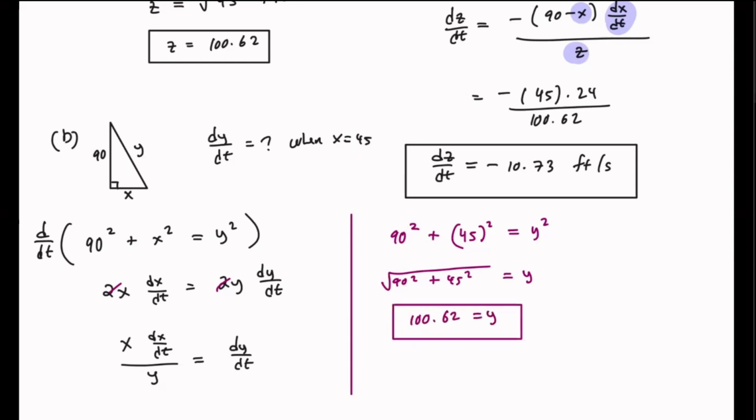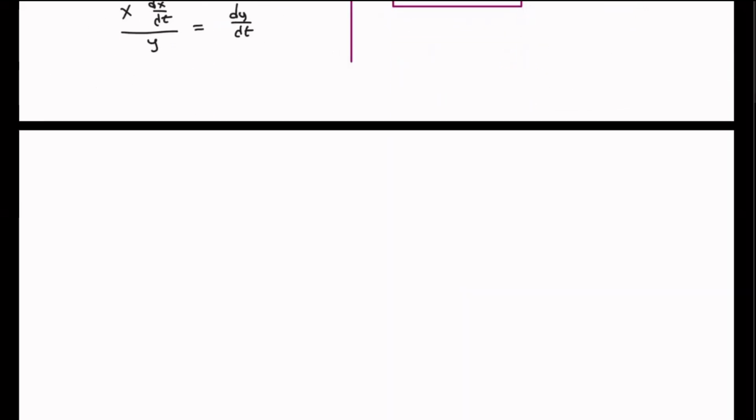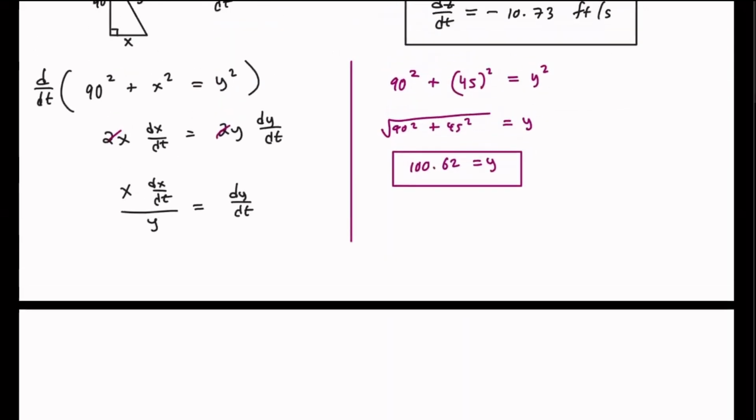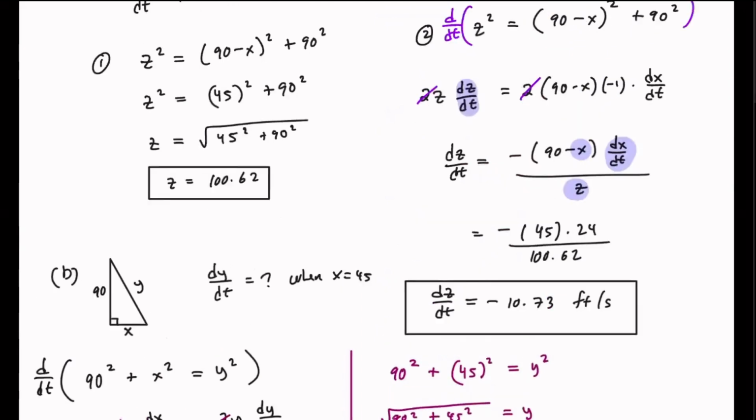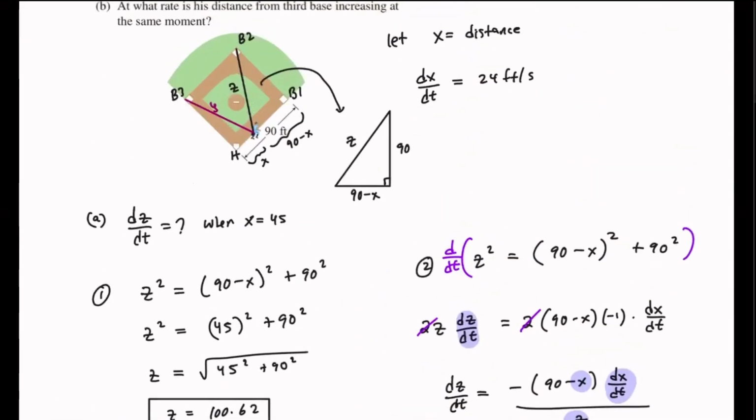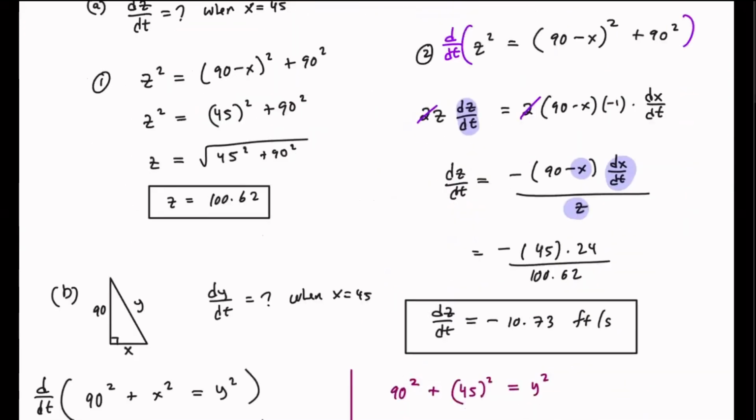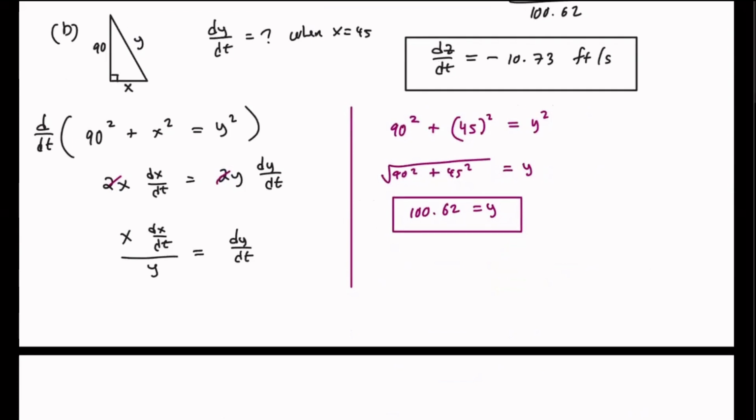And then I'm going to make those substitutions. I know dx/dt was given to us in the problem initially, 24 feet per second. Let's go ahead and substitute. So x, we know that's 45. dx/dt is 24. y we just computed, that's 100.62. So that is equal to, again,